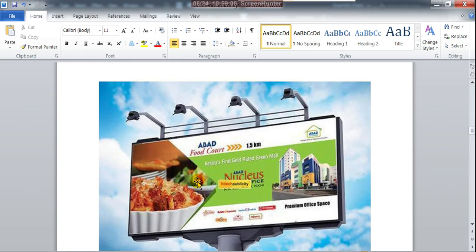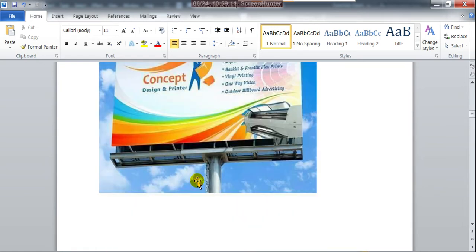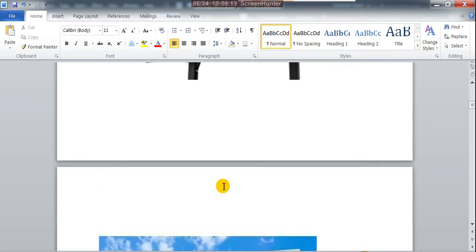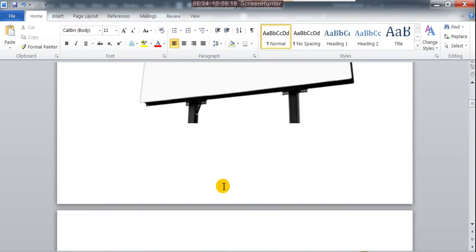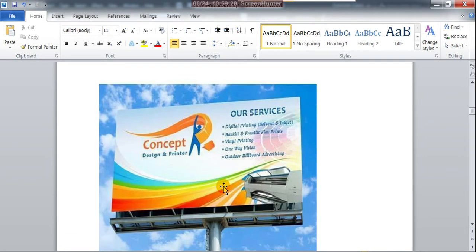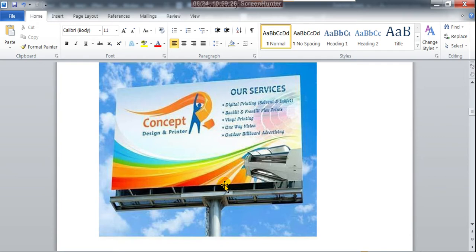It can create dots, pixels. So you cannot enlarge that much. For that, how do you prepare your pictures for the huge size of hoardings?